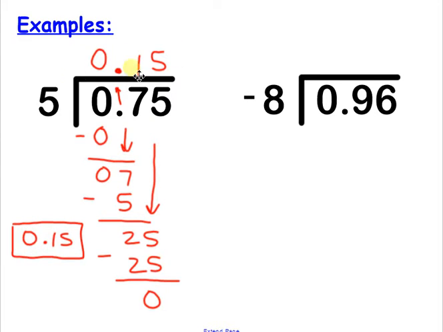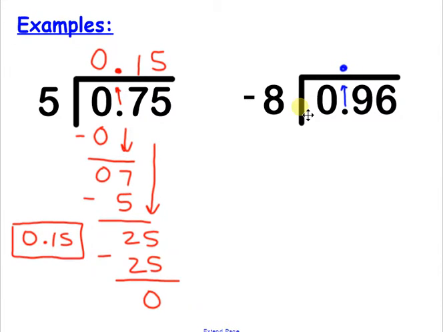And you don't want to leave your answer up here. You do want to box it off somewhere, or if there's an answer line, put it on the appropriate answer line. All right, so this one up here, we're going to immediately bring that decimal point right up to the roof